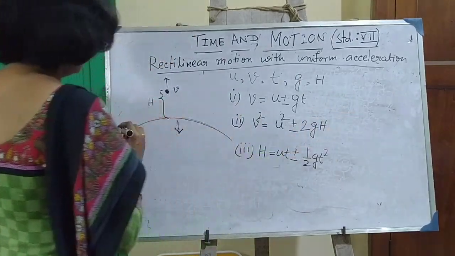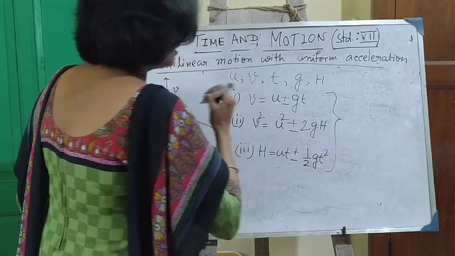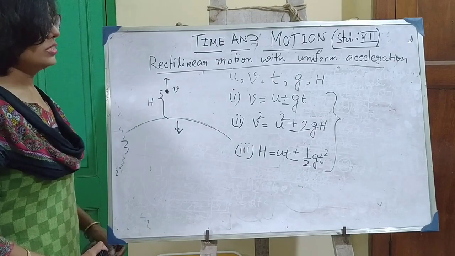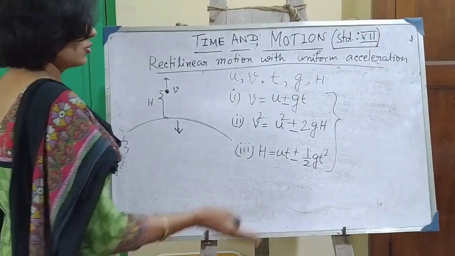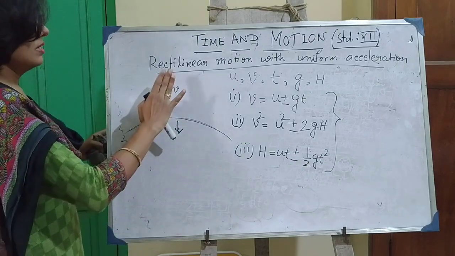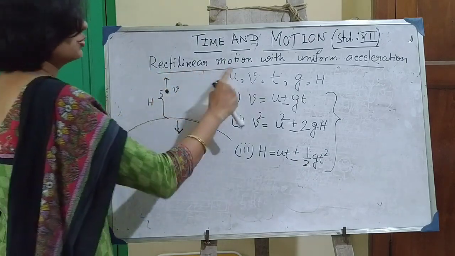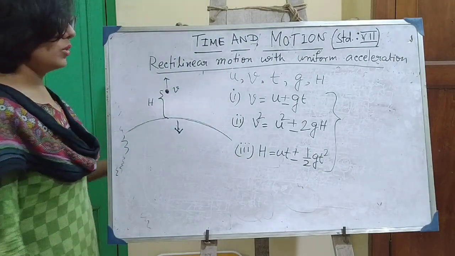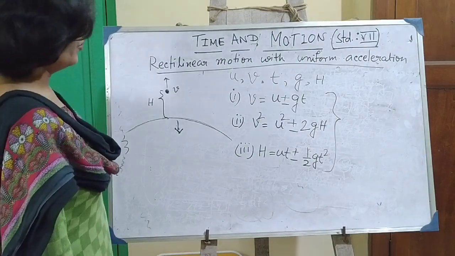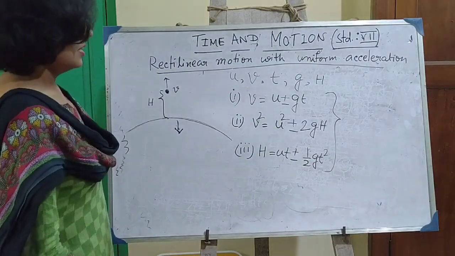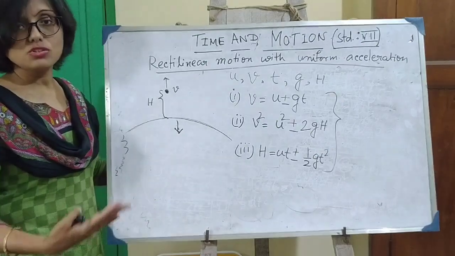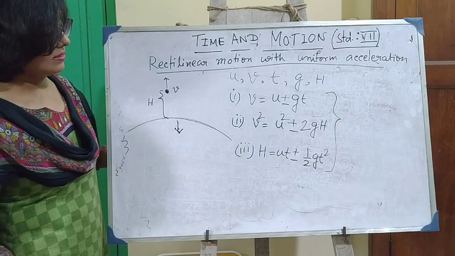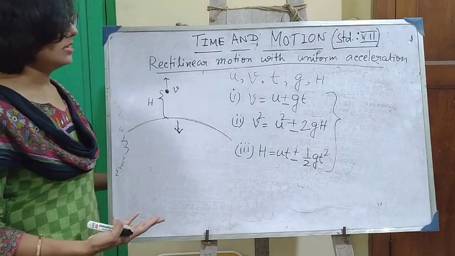No need to do the proof of these equations. Only study these equations, memorize these equations. We shall do some numerical sums based on these equations, equations for the rectilinear motion of a body which is moving with uniform acceleration or deceleration. So in our next class, we are going to discuss the numericals based on these equations of motion. Those we have done today, and then after that we shall start the new topic.